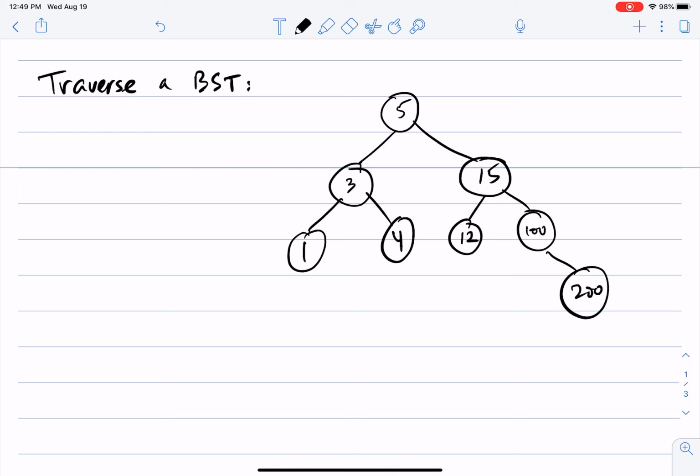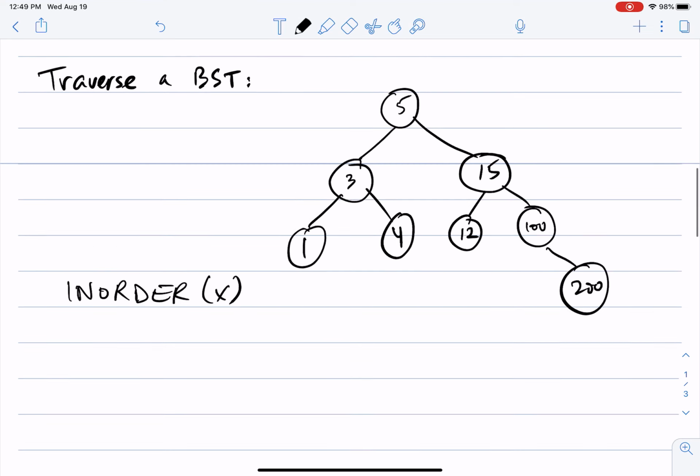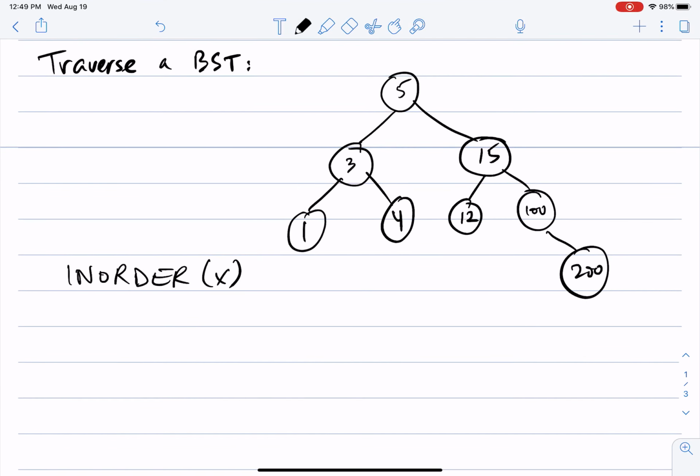Then if we visit this tree in what we call in order, and print the nodes, what we get is a sorted list of the keys in this binary tree. So if I do this algorithm in order, that takes as input a pointer to the root of that tree. When we call it first, it is pointing to the root of the tree with key 5, and it is defined like this. For example, if the node is not nil, so we are not pointing to an empty tree,